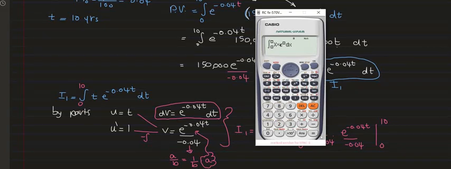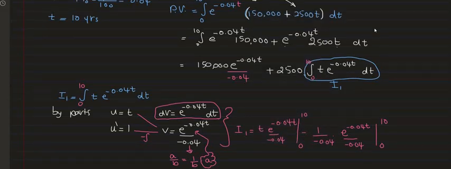So we will add the times and then minus 0.04 x instead of t, and then we carry the limits, which run from 0 to 10. Now it's x times e to the power negative 0.04 x, that's correct. So the value is 38.46. So this is the value of the I1,